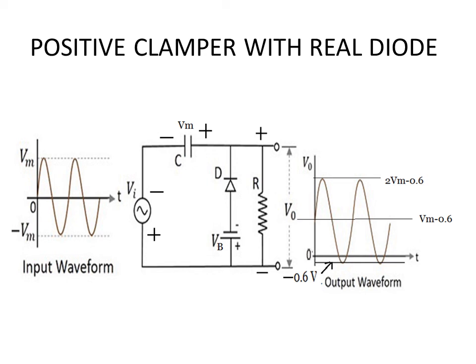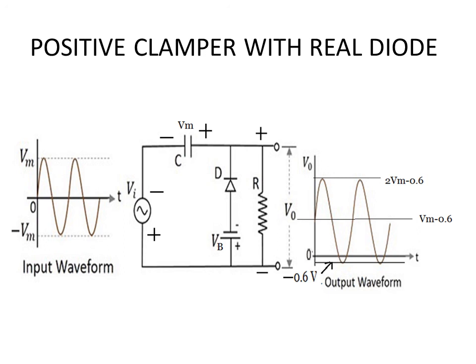So earlier, when we assume that the diode is ideal, when the input voltage was minus Vm, our output was 0. But now it is at minus 0.6 voltage instead of being at 0. So the trough is now at minus 0.6 volt. Earlier it was at 0 voltage. So what happened is that the trough has gone down from the situation that we obtained assuming the diode to be ideal. So when the trough is going down by 0.6 voltage, all we have to do is the entire waveform should go down.